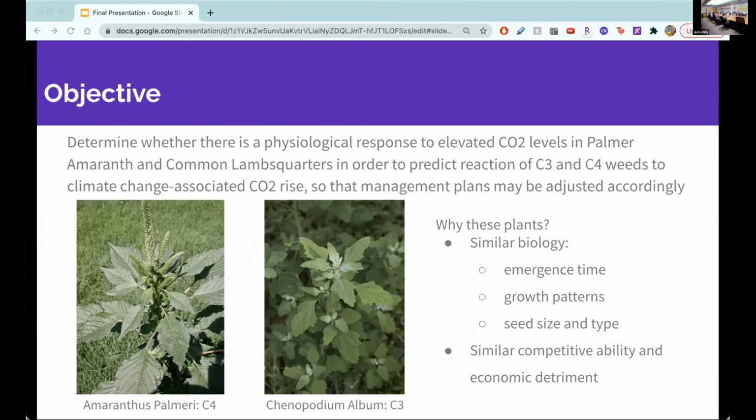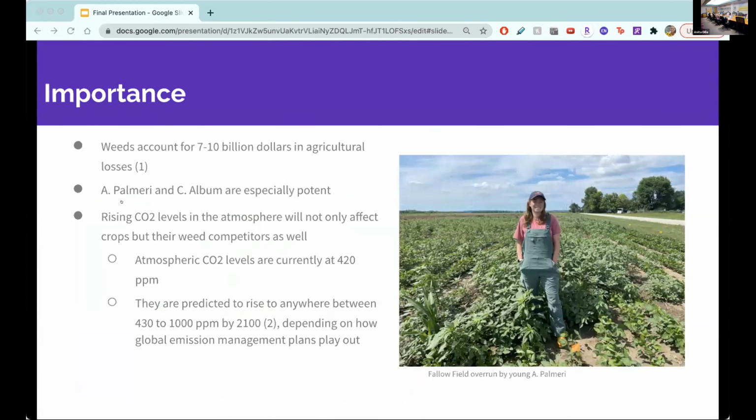spread. So for some context, weeds are extremely costly to agriculture, with weeds accounting for between $7 and $10 billion in losses each year, approximately. And with changing climate making our environment even less hospitable to agriculture, we need to know how our current threats are going to react to that. So as you can see from this picture of me in the field, when left unchecked, these weeds can quickly